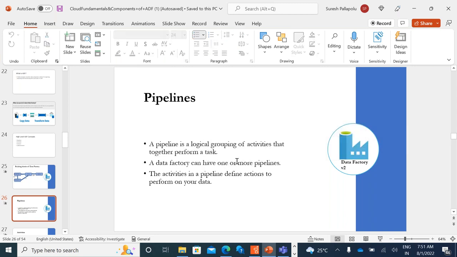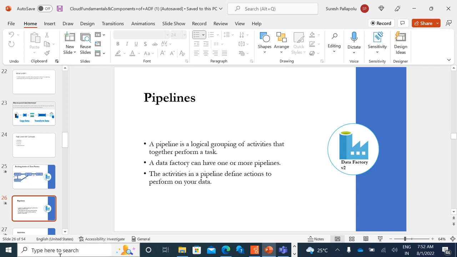Okay, you can create a number of pipelines in Azure Data Factory, and the activities in the pipeline, in the sense of copy activity or filter activity, whatever it is. So activities in a pipeline define actions to perform on your data, right? So an activity is nothing but an action or a processing step, guys. Okay, so when you want to do any action, right? So when you want to copy data from source and you want to move it to the target, right? So you need to use these